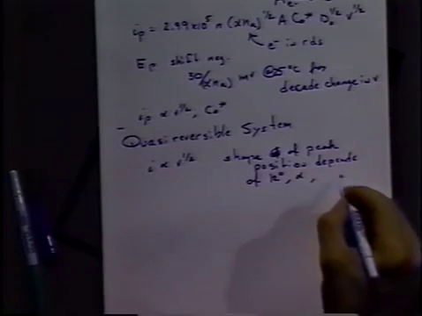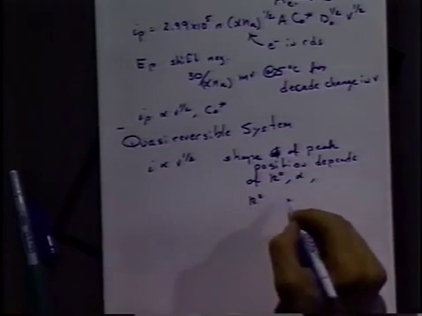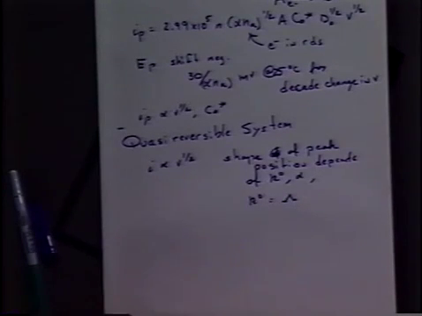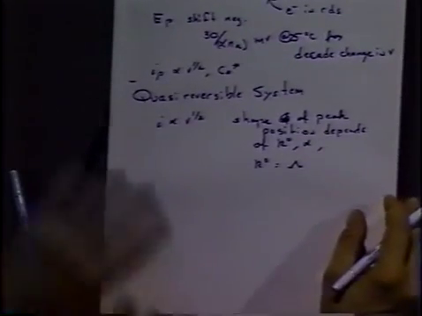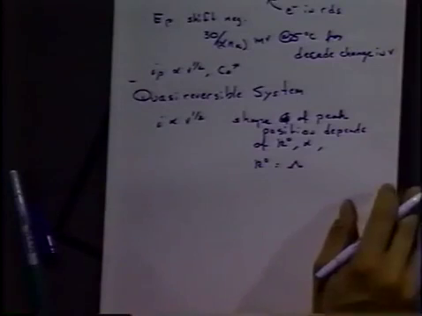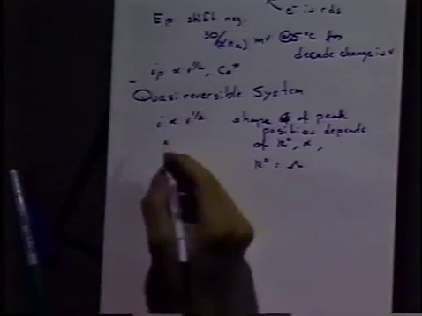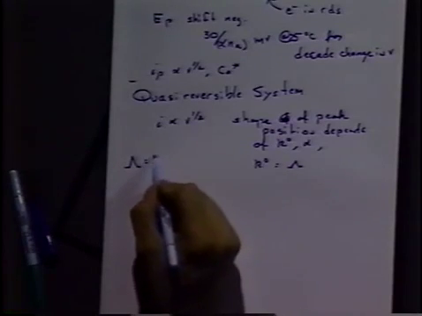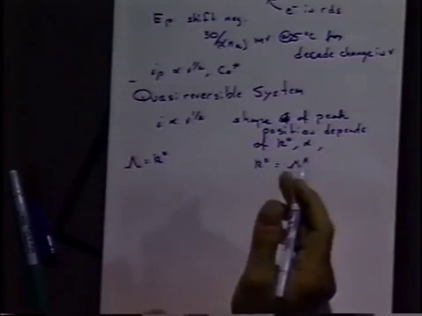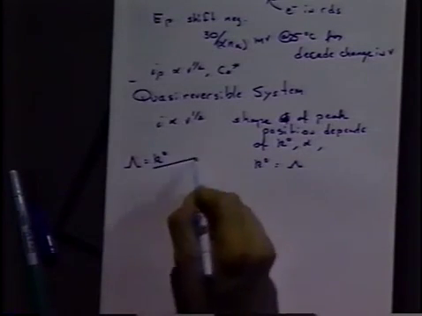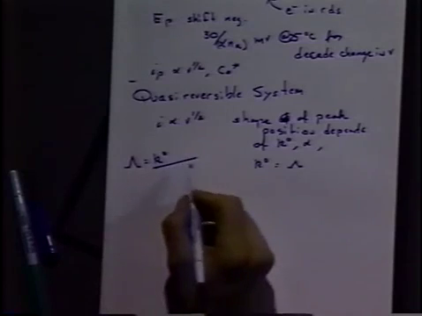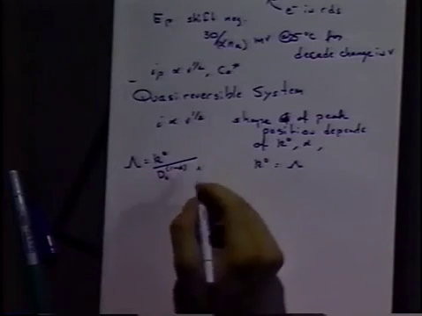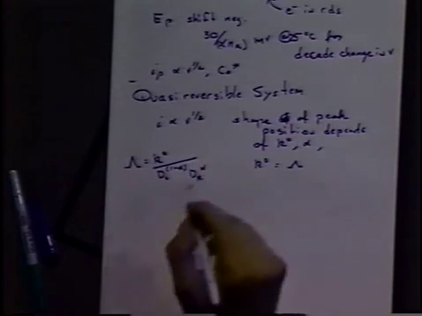And K0 is usually formulated into a dimensionless form, and lambda is often the letter that people use to refer to the dimensionless rate constant. Lambda would be equal to, in some formulas, it depends a little bit. Sometimes there's a pi in here, and sometimes there's not a pi, depending on what people are using. So make sure you check that if you're using a formula, it's the same formula as you expect. Lambda would be D0 to the 1 minus alpha power, D sub R to the alpha power,